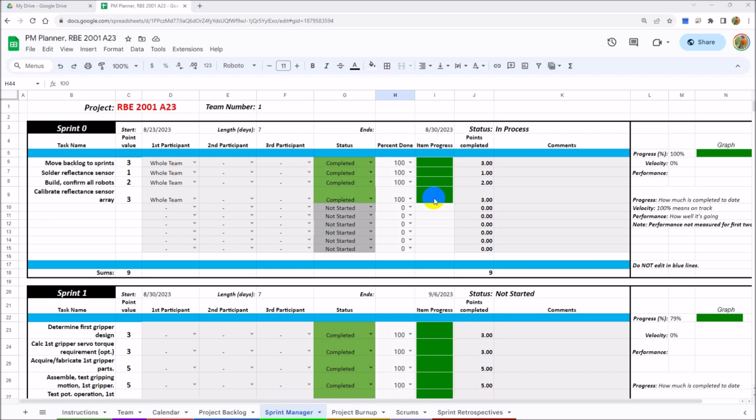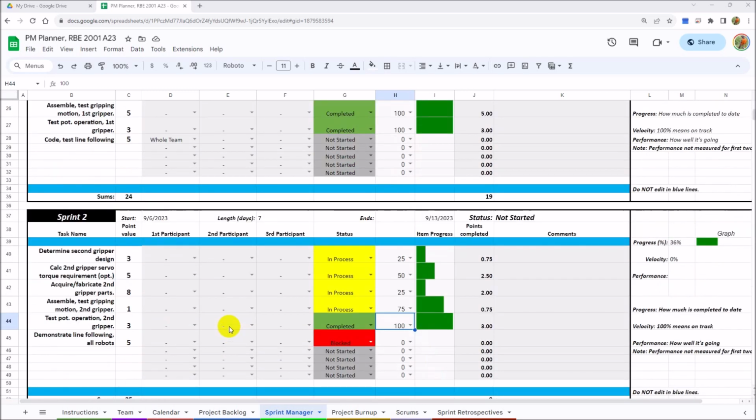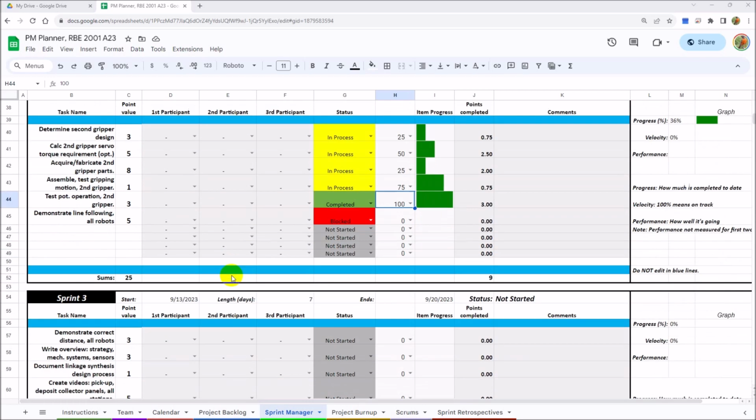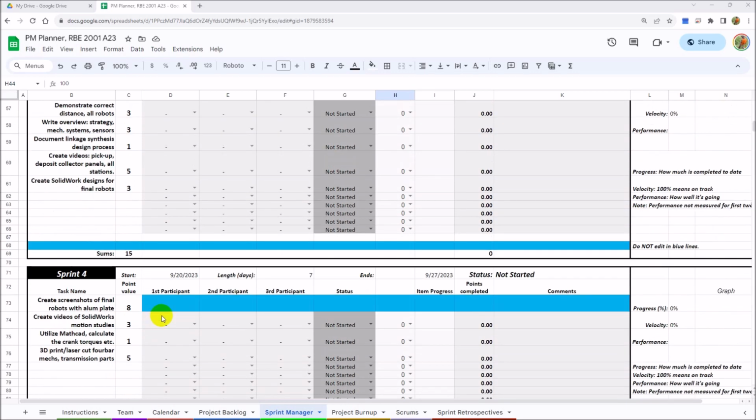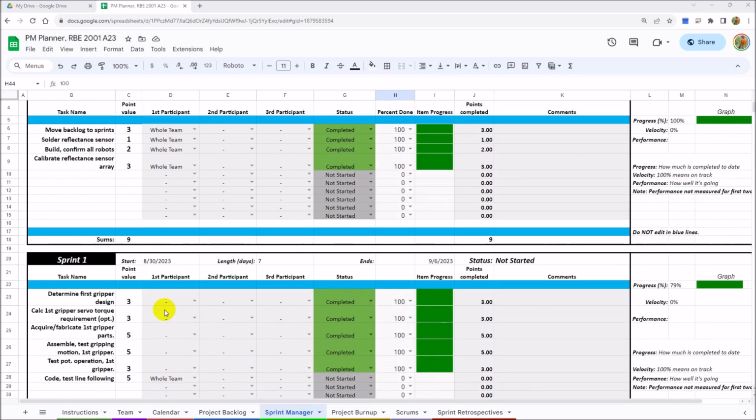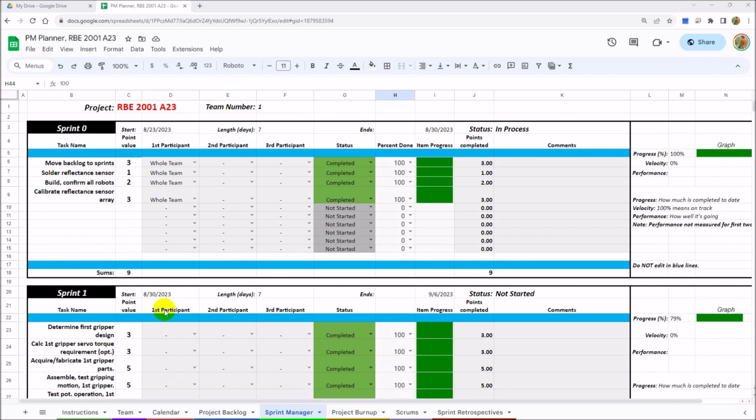Imagine that you've already moved all the items. Now, I want to be careful here. I'm just showing you items that were randomly moved for the purposes of showing the planner. Do not try to copy what I've done here because it doesn't make sense. It's just to show the mechanics of the planner. Okay, but I've moved things into sprints, and we've already completed sprint 0 and 1, and looked to see, sure